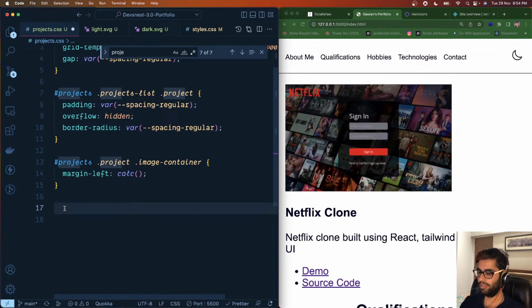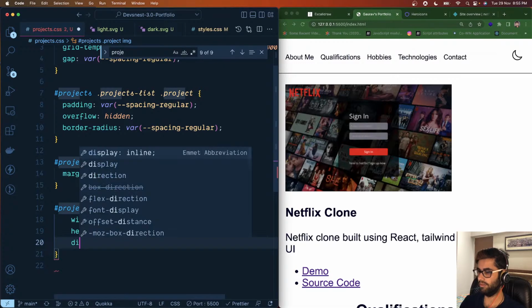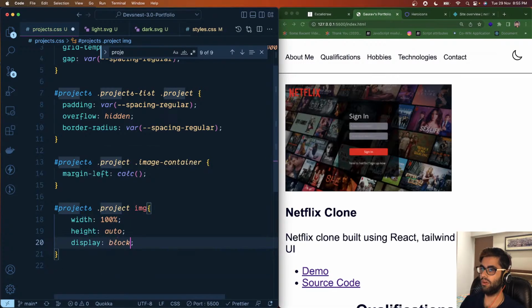and let's define the styling for the image first. So projects, within that we select the project, and the image inside that, the width is going to be 100%, height is going to be auto,